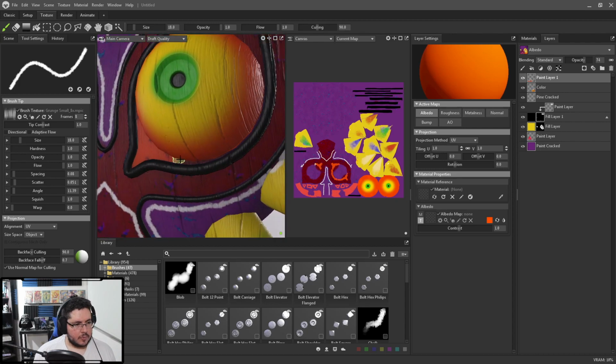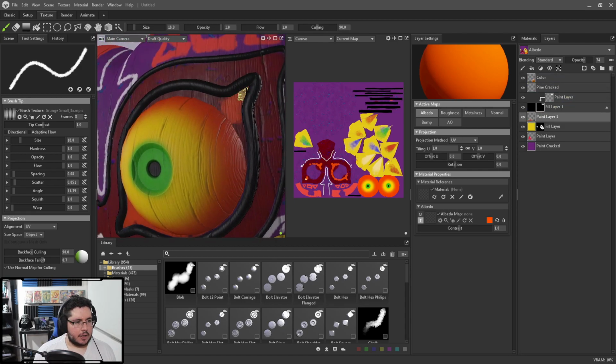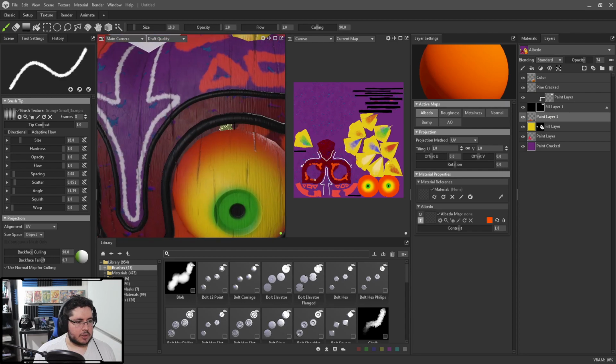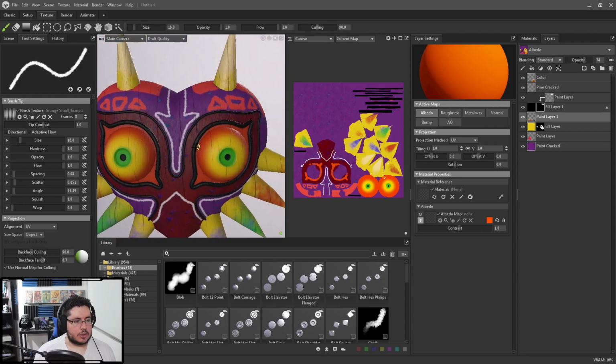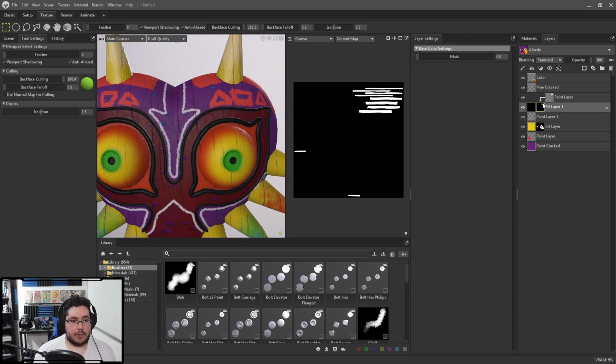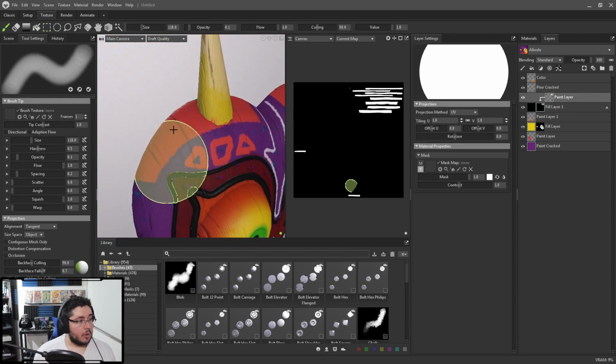Let's do this one as well. Now another thing we can do is if we move this paint layer beneath the black layer, then it really doesn't matter that we paint over it because it's going to override it. So you can also be a little bit more sloppy in these positions because it's just going to be easier. And actually, since we have this paint layer here with the black mask and it's now sitting on top of everything, we can go back here